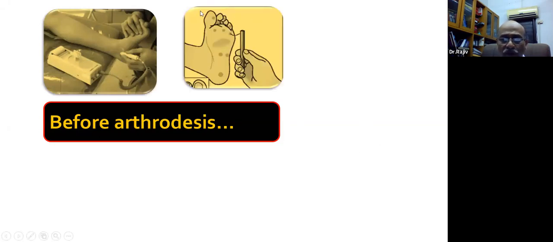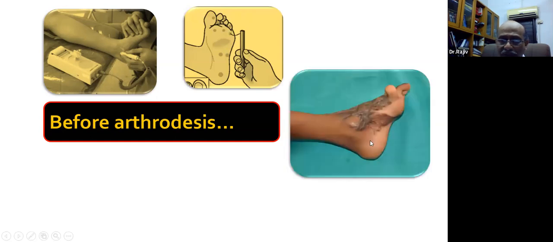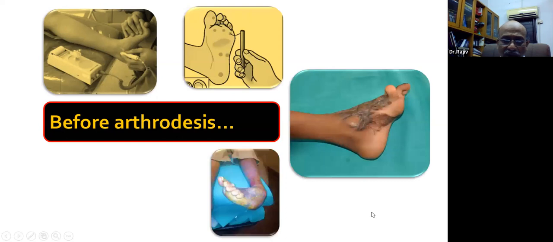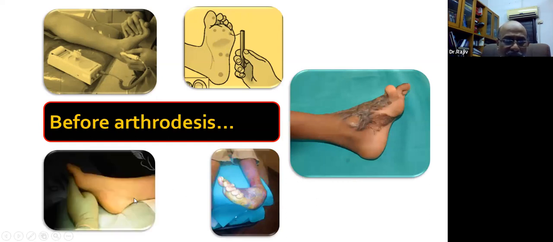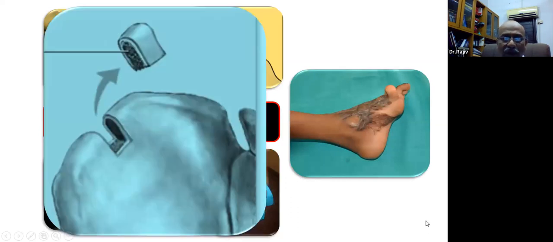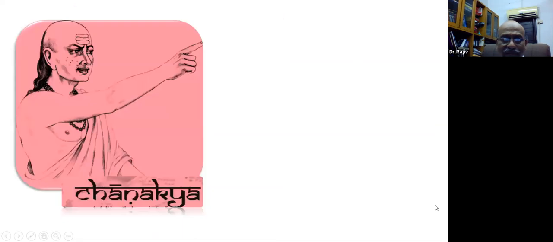Patient has no neuropathy. The skin condition from where we are going to incise is good. What is the amount of deformity? Accordingly, one has to remove the wedge from the joint to correct the deformity, and whether there is tendo-Achilles contracture or not. These are all things to be looked at before arthrodesis, and accordingly arthrodesis is to be done. And you must be prepared with your iliac crest grafting.